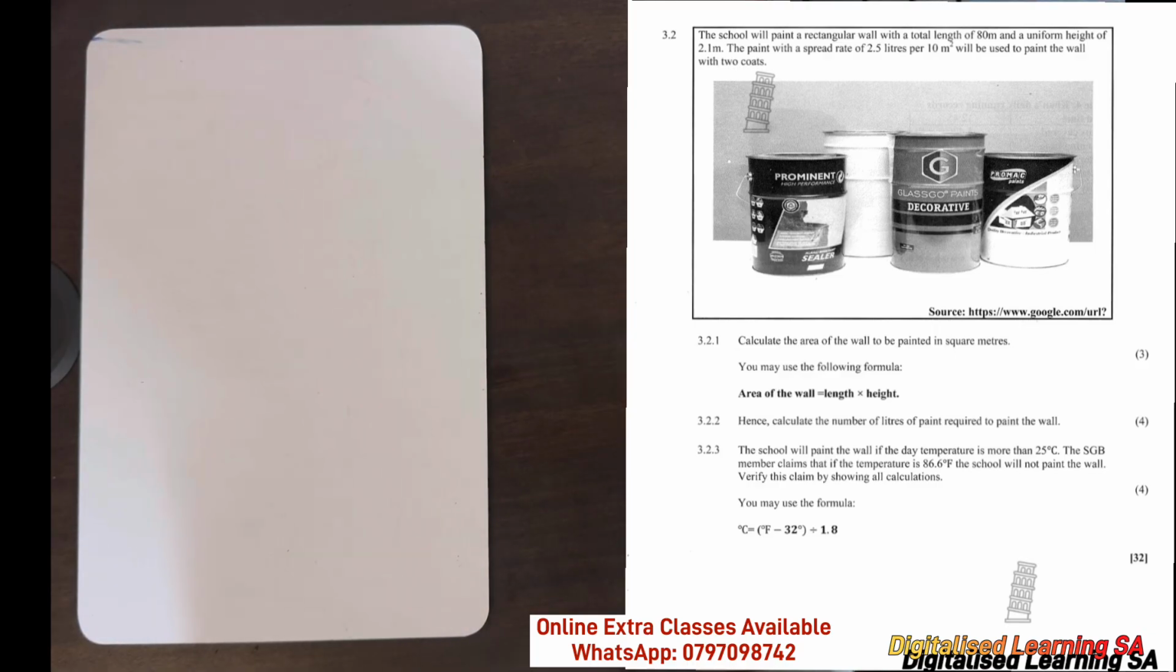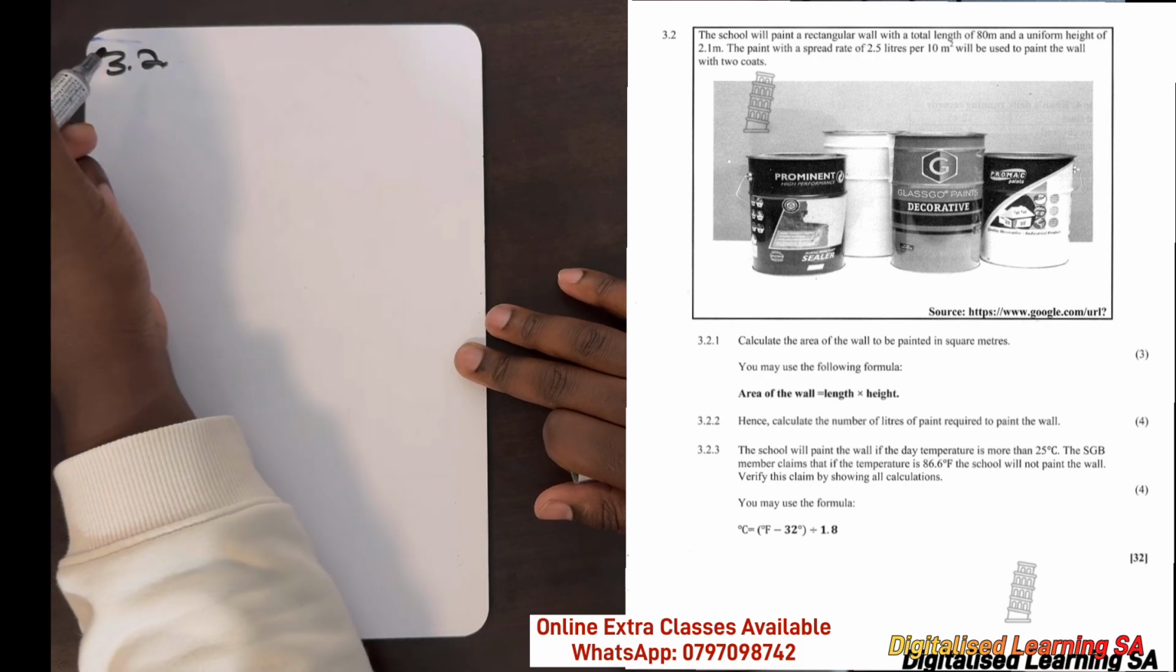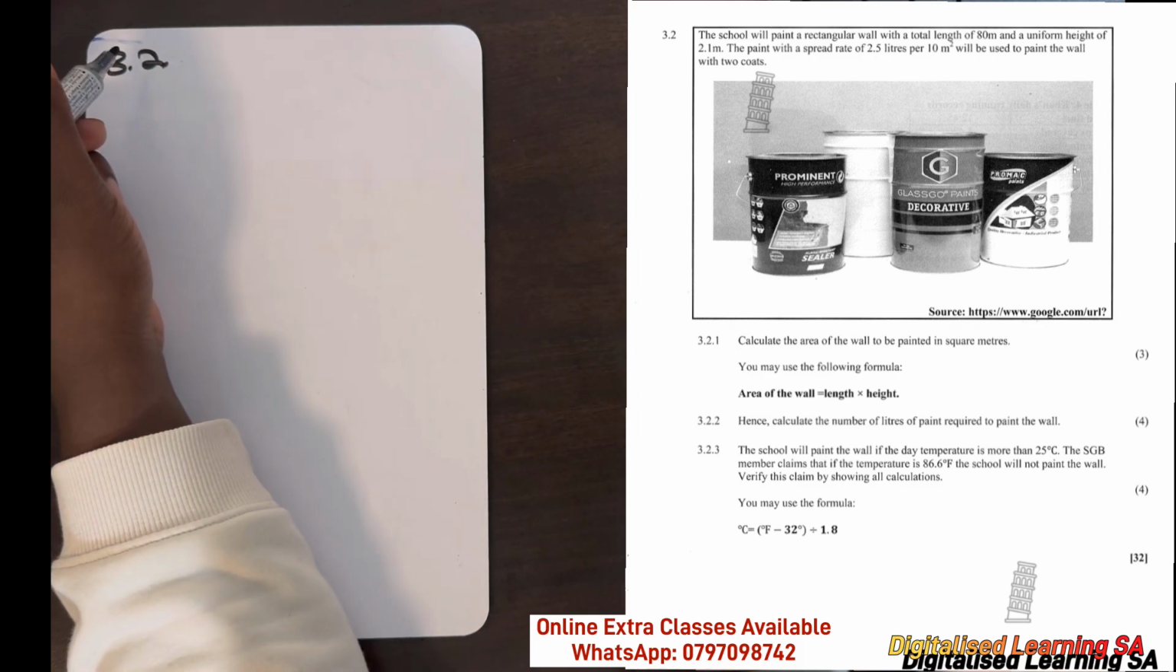Now let's work on 3.2. So we are told that the school will paint a rectangular wall with a total length of 80 meters